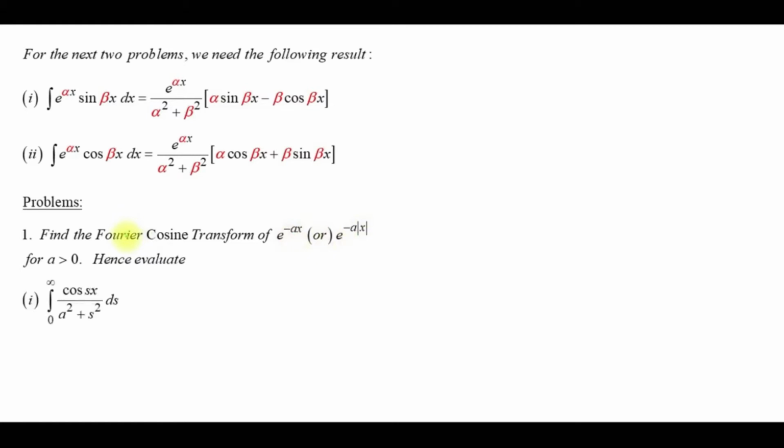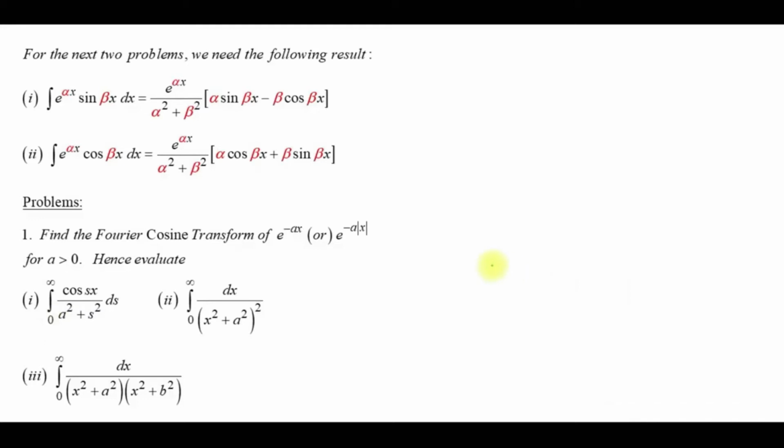So hence evaluate 0 to infinity cos sx divided by a square plus x square into ds. 0 to infinity dx divided by x square plus a square the whole square. 0 to infinity dx divided by x square plus a square into x square plus b square. So for deduction, we generally apply either inversion formula or Parseval's identity. If the deduction is similar to Fourier of f of x, then we have to apply inversion formula. If the deduction is similar to Fourier of f of x the whole square, then we have to apply Parseval's identity.